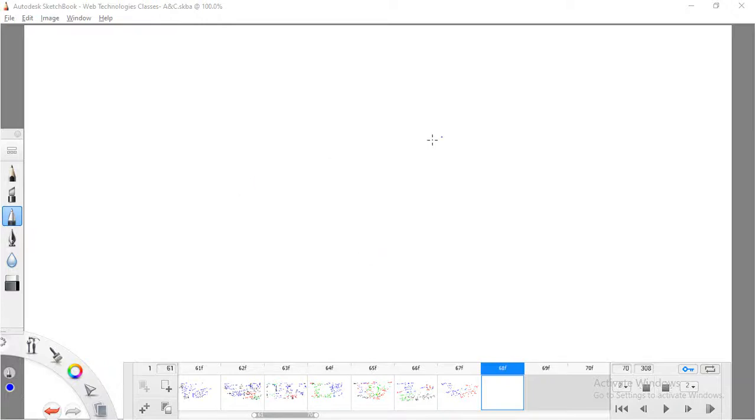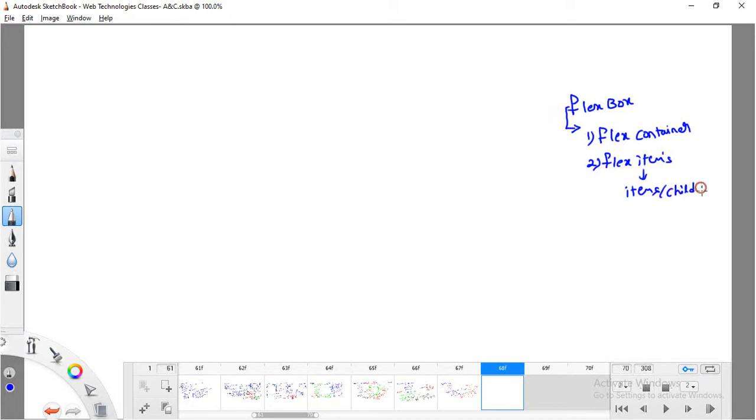Hi everyone. In the previous class, we have seen the concept of flexbox, which is meant to create a flexible layout. In this, we have seen two kinds of terms specifically. One is the flex container, which is meant to store the data, where, for example, child elements are all stored in this flex container. And we have seen one more term, which we call flex items. These are all items of the flex container,